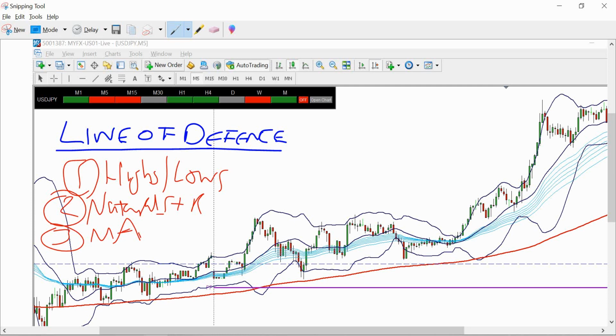An example would be that the price has to break a high or a low, has to break through a natural support and resistance, and has to break through an MA. So hopefully the concept makes sense: if price has to go through the 200 EMA, through a natural support and resistance level, and then also has to break a low or a high, there are multiple areas where price can rebound and reverse in the direction of your trend. And what I wanted to do is show you on this chart an example or 2 examples of this